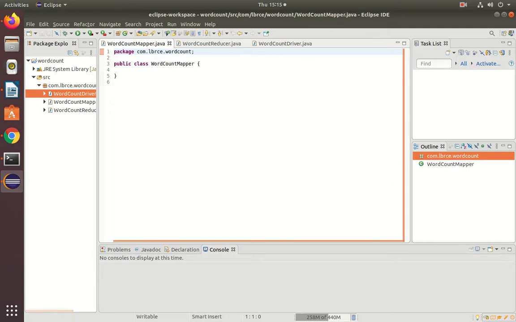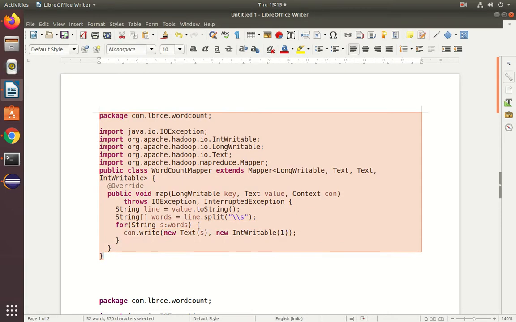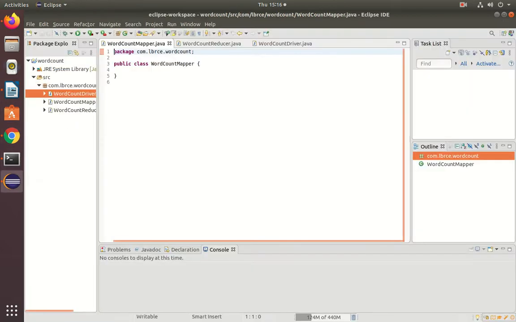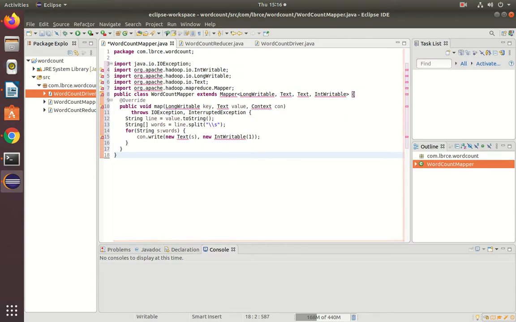The code for the mapper class, I already typed. See, that is the mapper class.